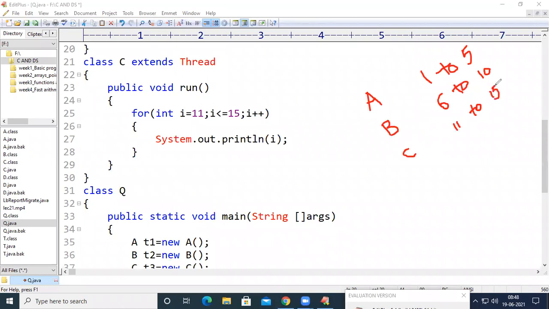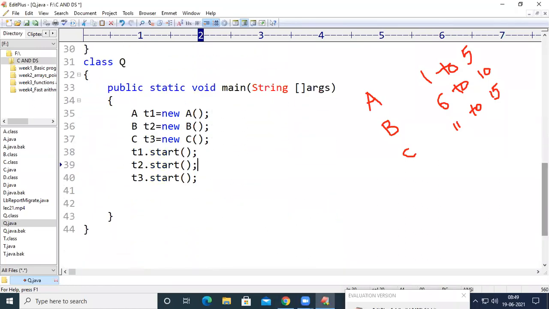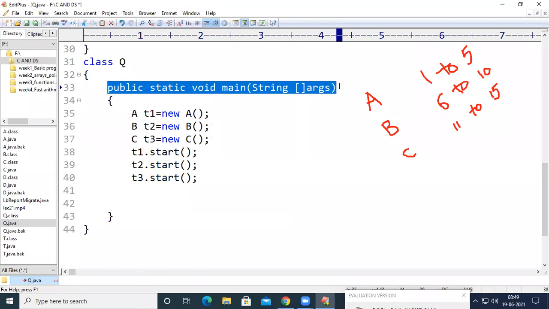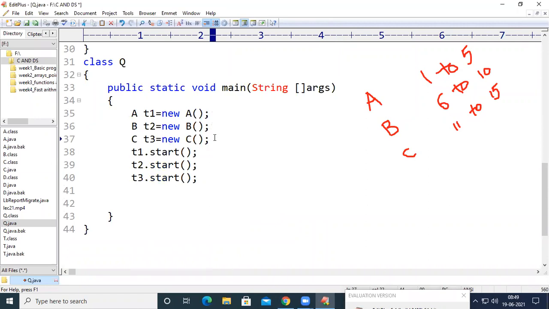Then see here, in the last class, that is class Q, we have written the main method in Java, that is public static void main(String args[]). Inside that main method, we have created objects for A, B, C. The object for A is T1, the object for B is T2, and the object for C is T3.